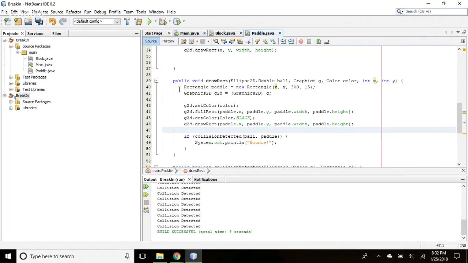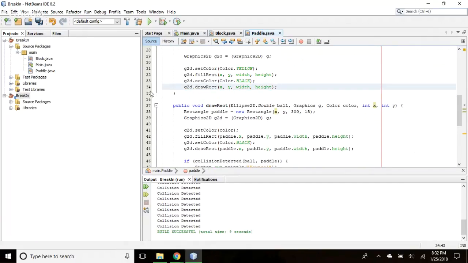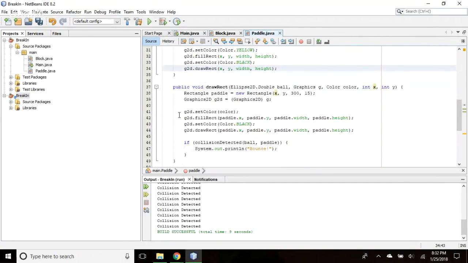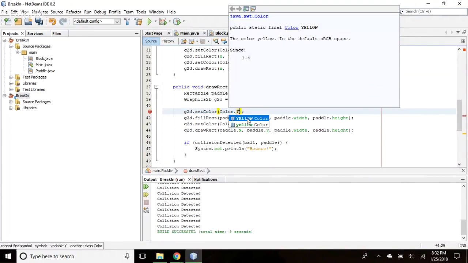Okay, so what we're going to want to do here is, in this case, get rid of the color because color parameter in the draw rect, because we're going to fix it. And we're not going to give the user the ability to change the paddle color. And that color where it's highlighted with an arrow, just say color dot yellow or whatever it's going to be. We're not gonna have multiple types of colors for paddles. It's going to be whatever we decide is good. Okay.